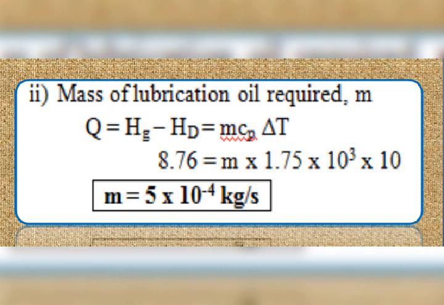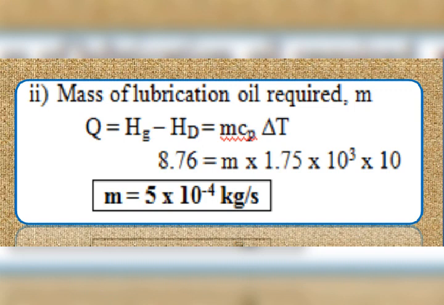Soon after getting the amount of artificial cooling Q is equal to 8.76 watts, the second unknown he asked is the mass of lubrication oil required. How much quantity of lubricating oil is required to meet this requirement, that is the amount of heat to be removed, that is 8.76 watts. So here use the relation Q is equal to Hg minus Hd, that is equal to m Cp into delta T. So Hg minus Hd is what we just now calculated, that is